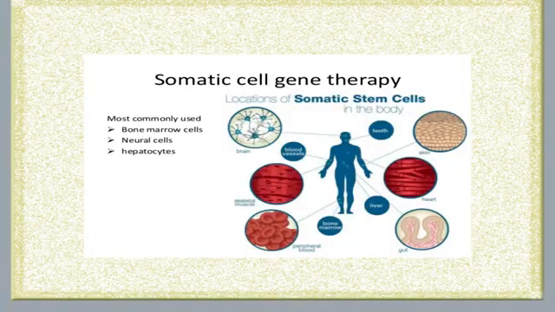Somatic gene therapy is performed in the somatic cells of the body other than the germ cells. Somatic cells are the non-reproductive cells which do not show the inheritance. The normal healthy gene is transferred to the body cell and it will not show any heritability of the effects of this therapy. This therapy seems safer and conservative.